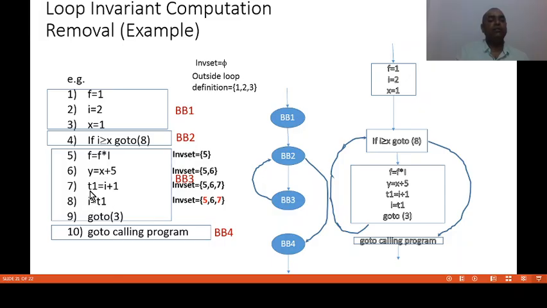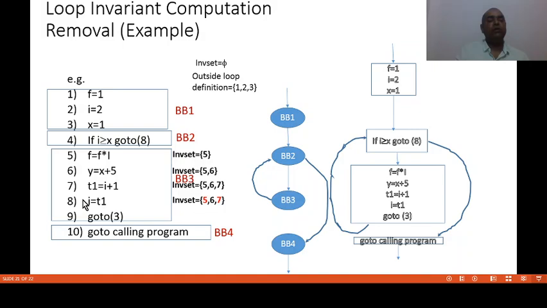So if I is defined here, we cannot say I is defined outside the loop. If I is not defined outside the loop, in that case our statement number 7 cannot be included in the environment set. And the same for statement 5 also.